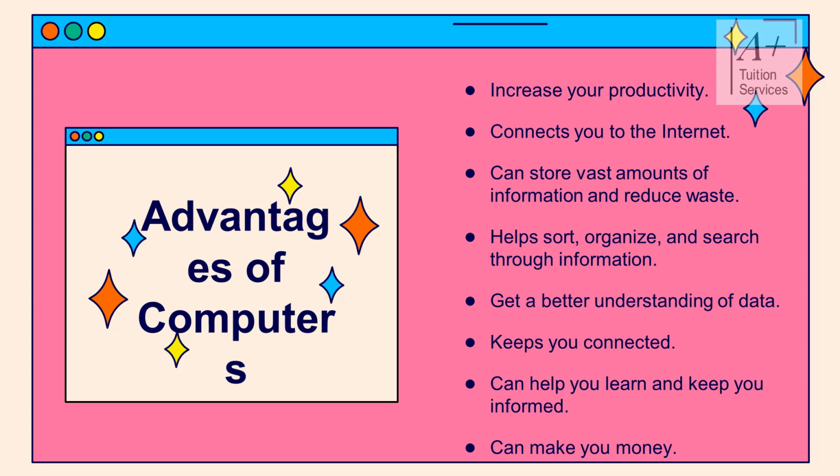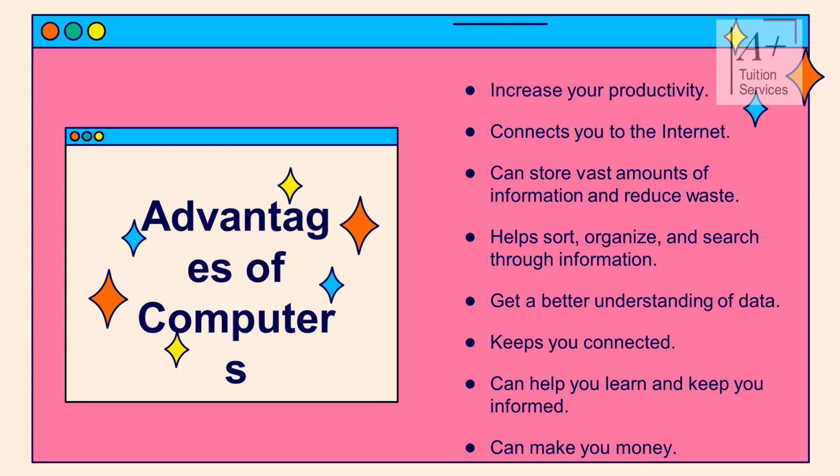The computer can store vast amounts of information and reduce waste. When we say reduce waste, if you can save a document rather than print it or use it as a soft copy, meaning on the computer, you can reduce your paper trails. A next advantage is it helps sort, organize, and search through information. So instead of looking through a physical archive and flipping pages, you can just simply, for example, in the telephone directory, instead of going through a directory, you can just type a person's name and it will come up in less